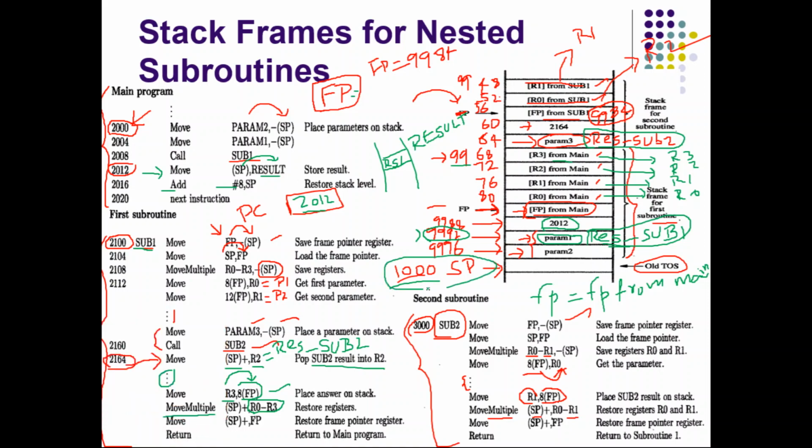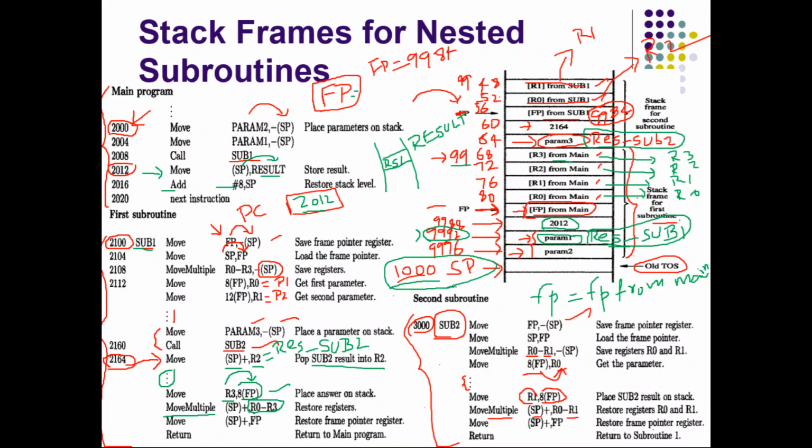The agenda of this lecture is what we have discussed: nested subroutine calls. When there are nested subroutine calls, we cannot manage things just by using a stack pointer, but we also use another pointer, and that pointer is called the frame pointer. Here we discuss the role of the frame pointer also.